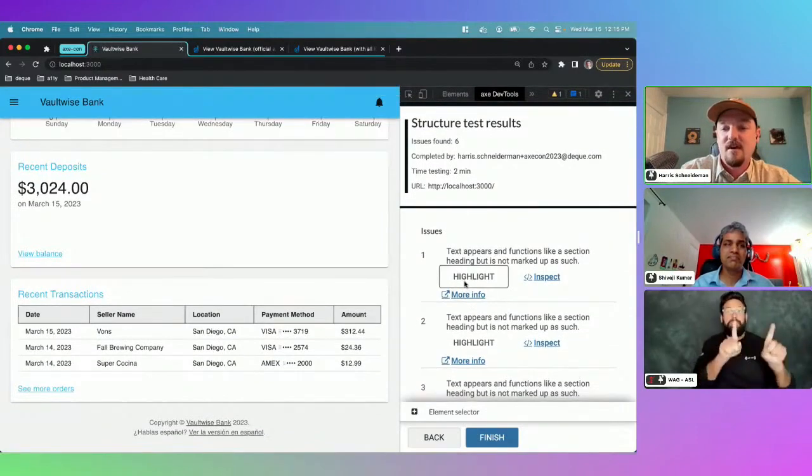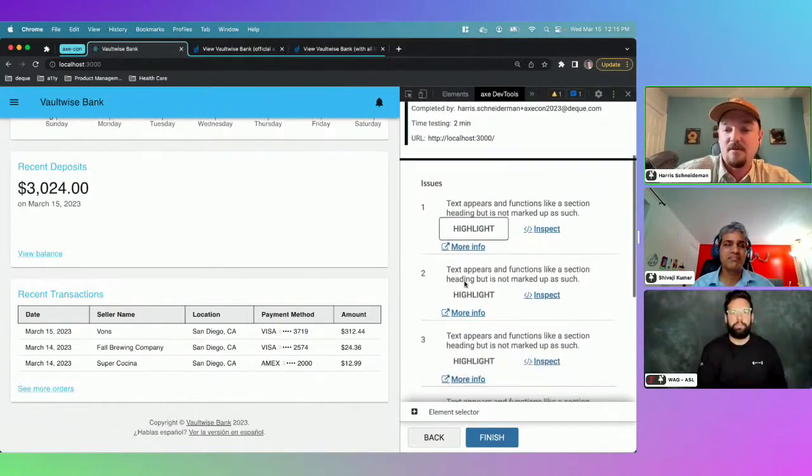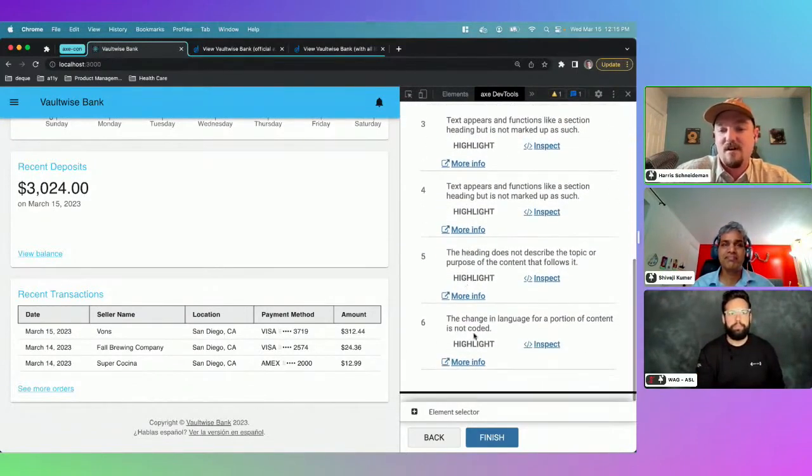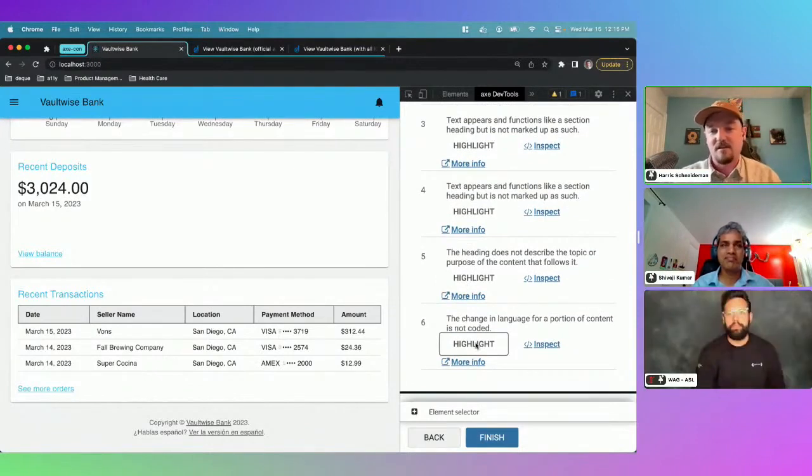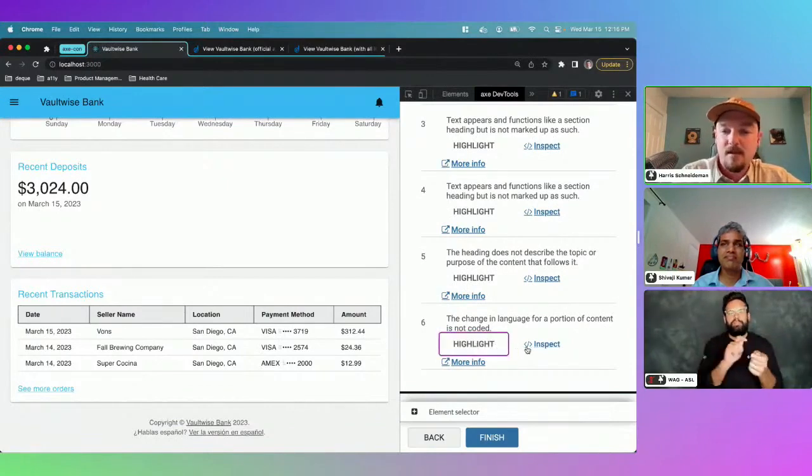We have some headings that are missing. The issue is described as text appears and functions like a section heading, but is not marked up as such. And we also have that lang change problem. So change in language for a portion of content is not coded. Luckily,